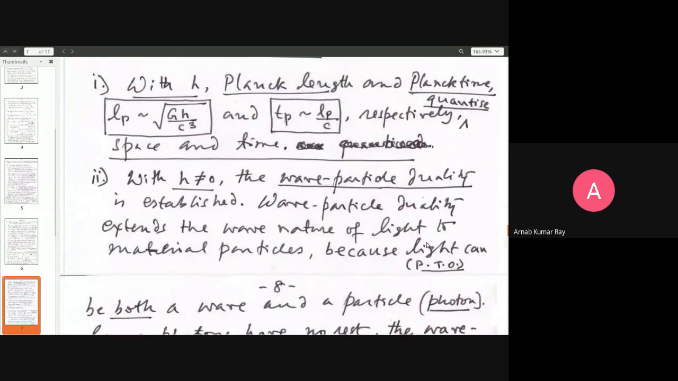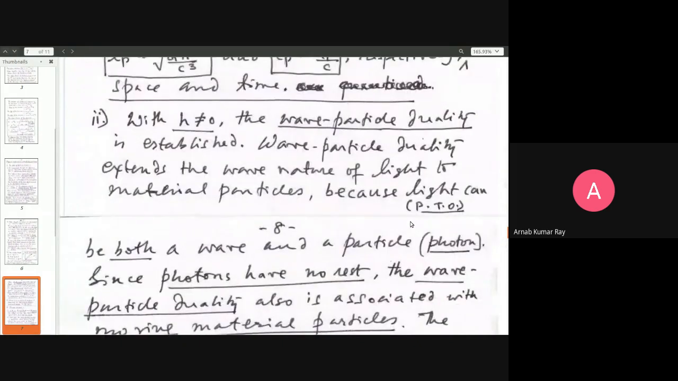Now, what do you mean by wave-particle duality? Let us discuss this thing in some detail now, this whole wave-particle duality business. Wave-particle duality